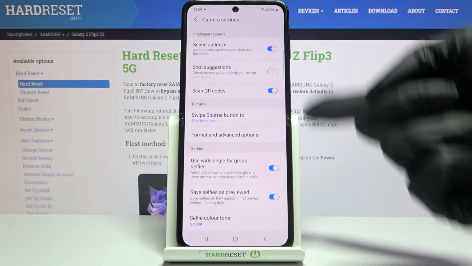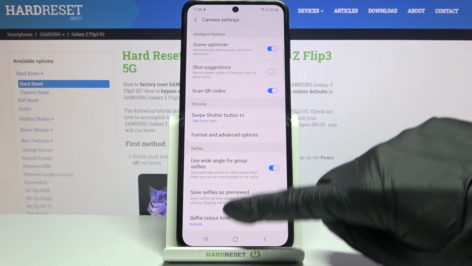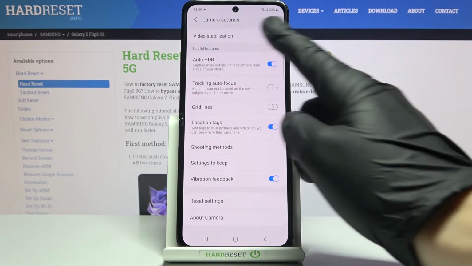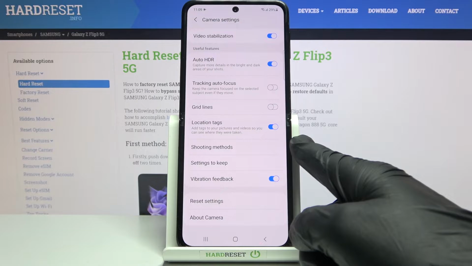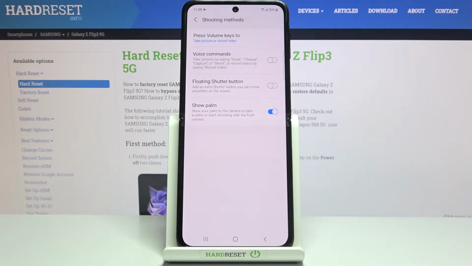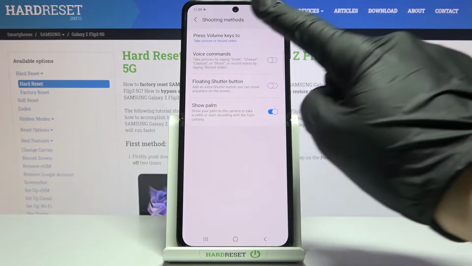When we pick it, we can open the camera settings. Now let's slide simply down to useful features category, and here we have to pick shooting methods. Now at the first position, we can see the press volume keys to option, so when we tap on it,